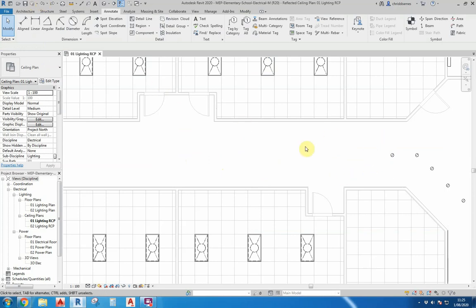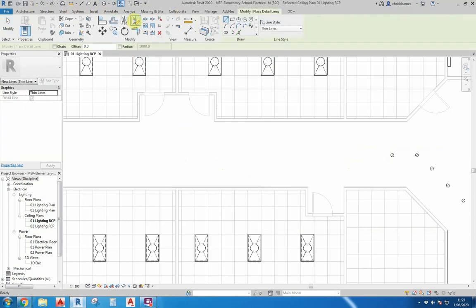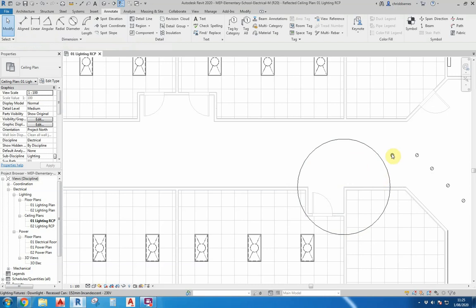To do an array that's at an arc, a circular, I'm just going to replicate something here. So I'm going to assume that this obstacle, this line, is a feature in the ceiling, and we want to rotate this luminaire at the same distance from the pivot point around this obstacle, and put a number of luminaires in place. So we select our item,